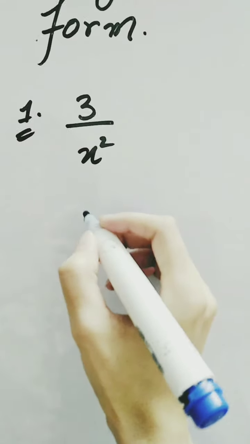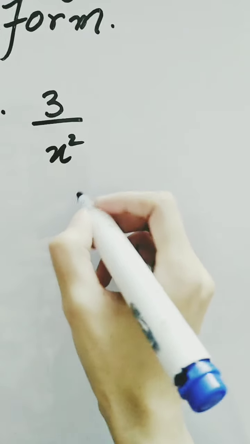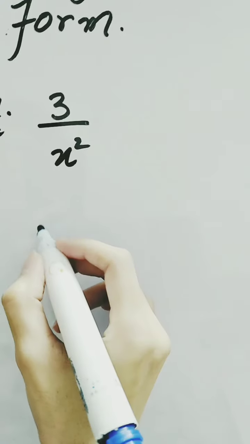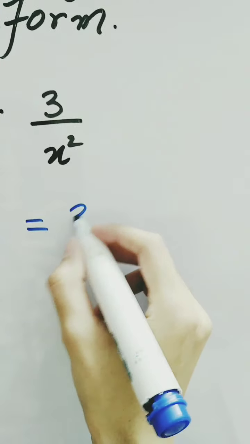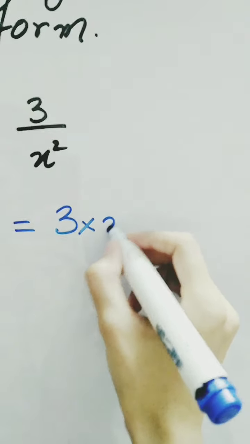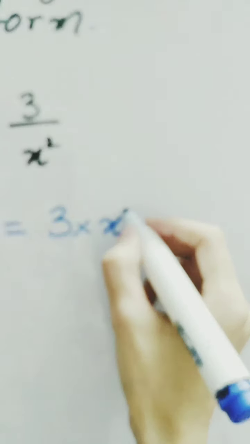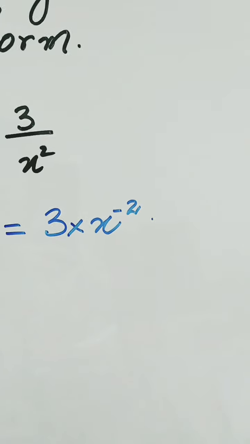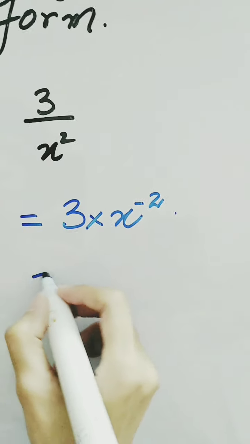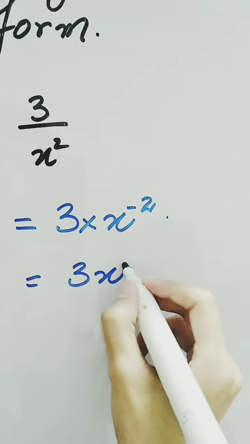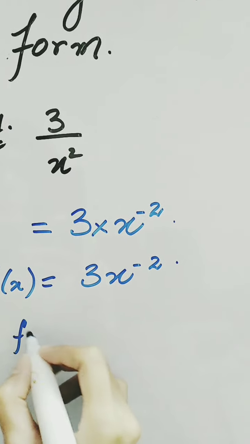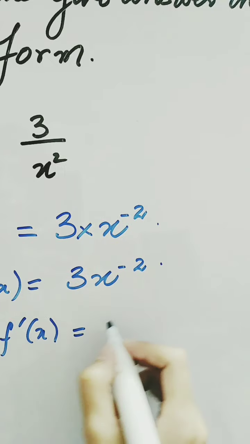So, in order to solve it, first of all, we move this x square from the denominator into the numerator, and as we know, here it is dividing, so it gets multiplied with the 3 and the sign of the power changes to minus 2 from 2. So we have 3 x raised to the power minus 2 as a function, and when we differentiate this function,